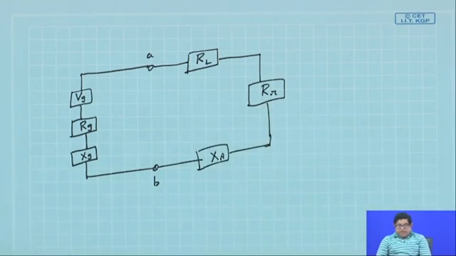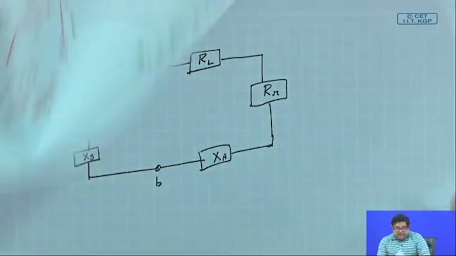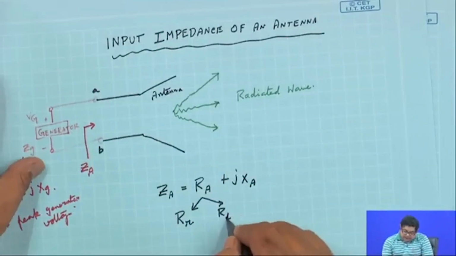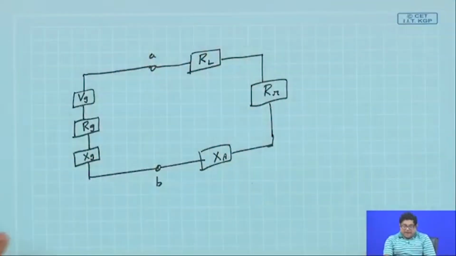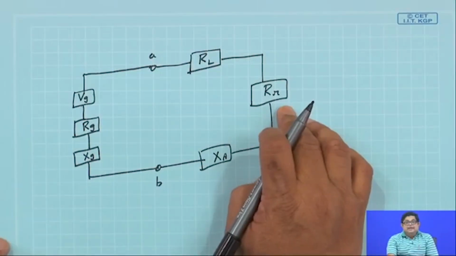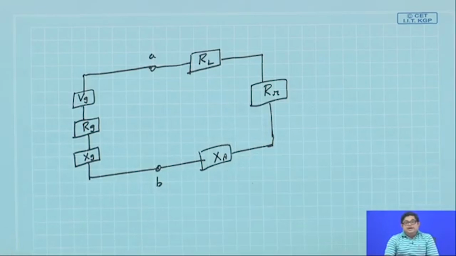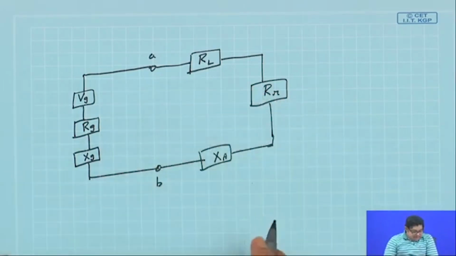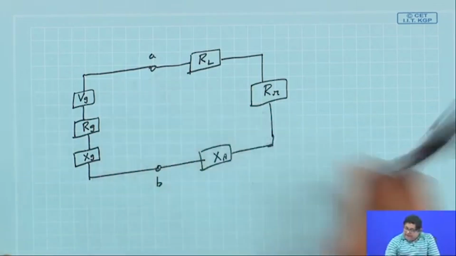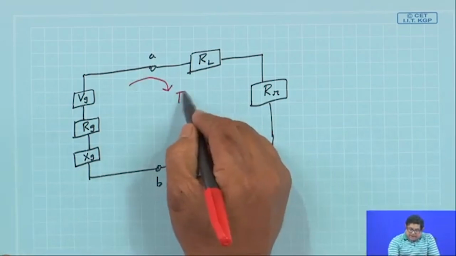Now it looks like actually the same thing as the previous one we have done, but compared to this it looks a more normal analysis, and it is now apparent that actually our load is the radiation. So, radiation resistance is the load in this. So, now we can say that there is a current flowing through the circuit